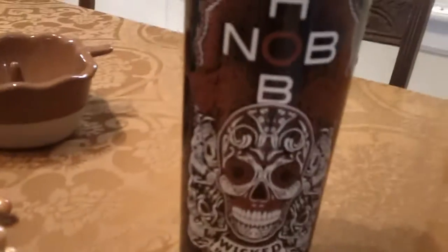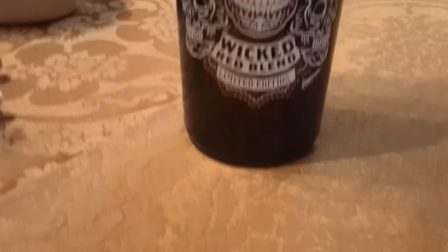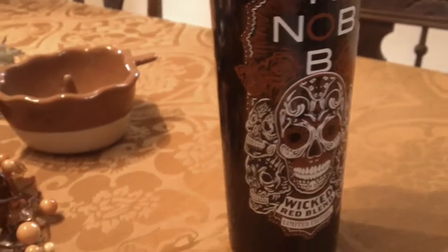But, so they had this one this year, Hobnob, Wicked Red Blend. I think it's California wine. Let's see. Where are you from? Hobnob Vineyards. Well, actually, oh, it's from France. Okay. Yeah. So anyway, I'm actually not...